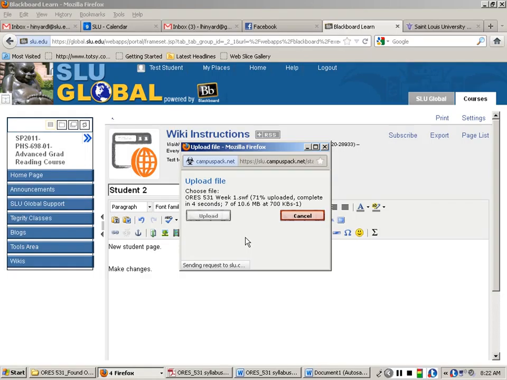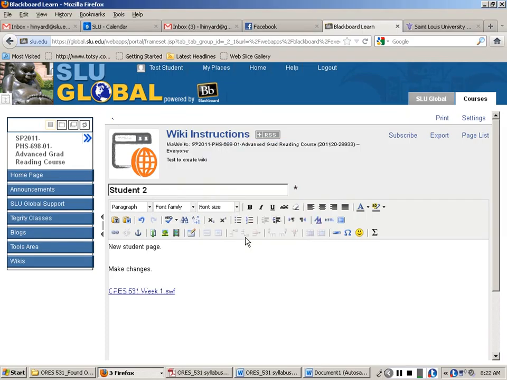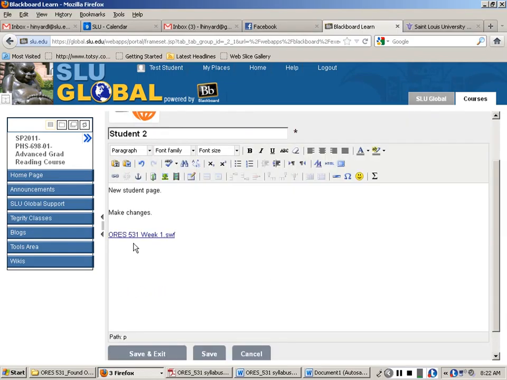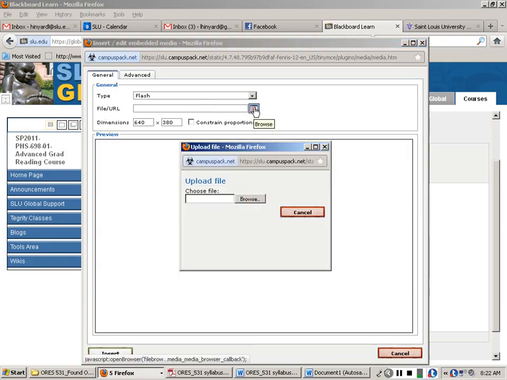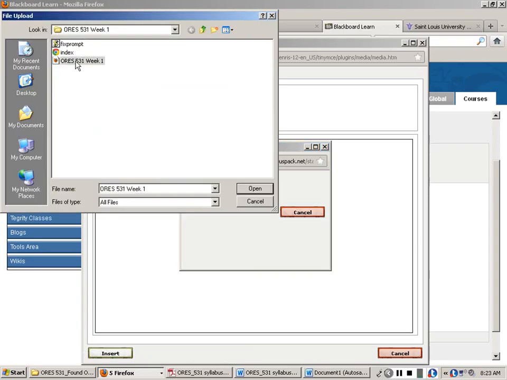Now, for your educational product, this one is created as a flash file. You can open it through the link. Another option, if you didn't want it to have a link and wanted it to show up, is to insert an embed media file. If you just upload a file, people will have to click on the link to get to your lecture. If you upload it as a media file, you can then browse, and we'll do the same lecture,